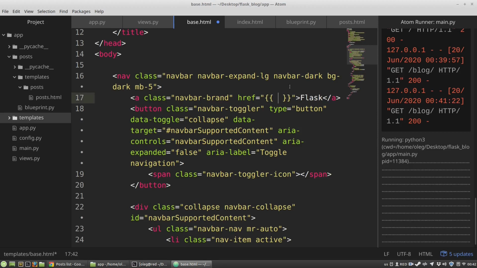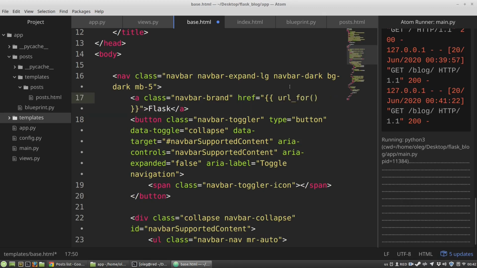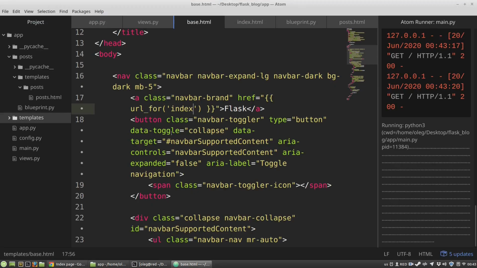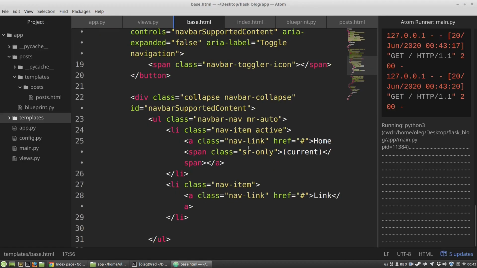I'm using two paired curly brackets, and I am calling url_for function. Its first argument is the name of the function that will handle requests to this URL, and it will be index function, because this function handles requests to the main domain. Let's test it. F5, and we can see that it works. Okay, the next link will be blog link,